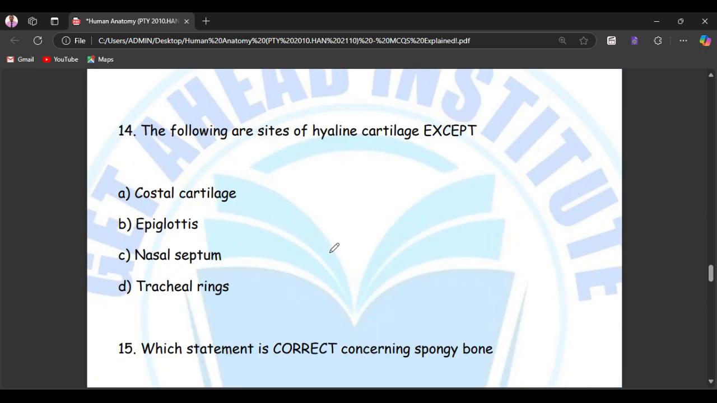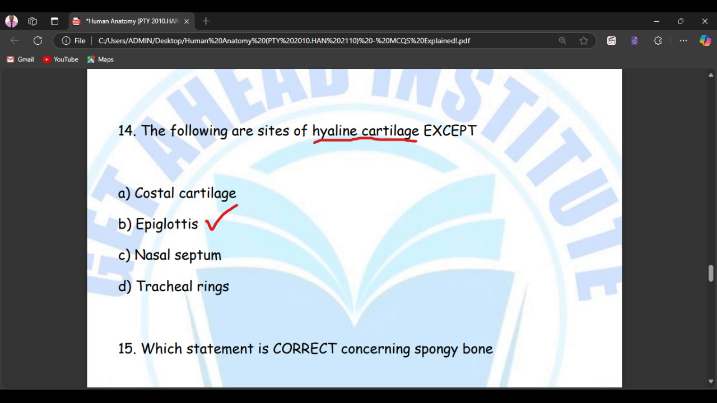We go to question number 14. Question number 14 is about hyaline cartilage. The question says the following are sites of hyaline cartilage except. It is very important to take note that on this question, our answer is supposed to be B, in the sense that